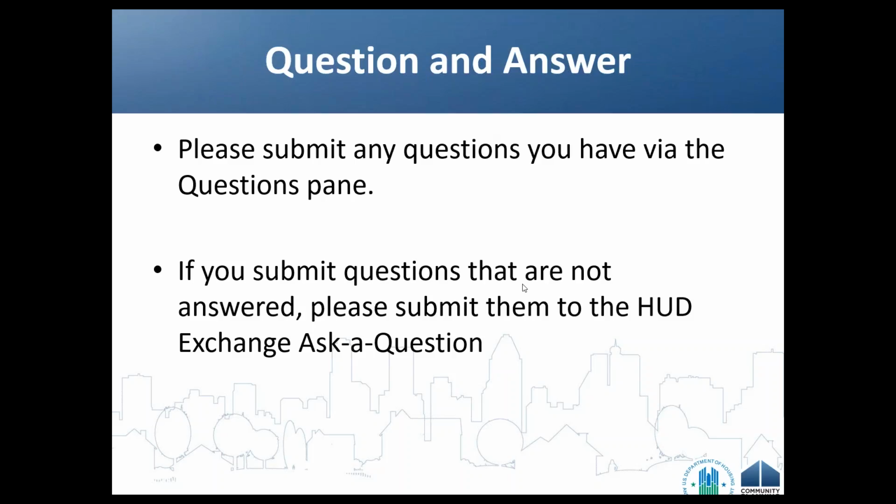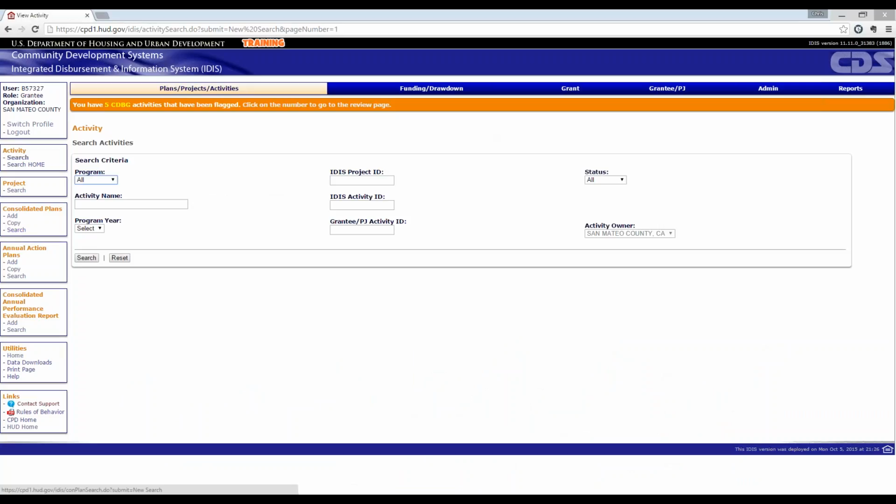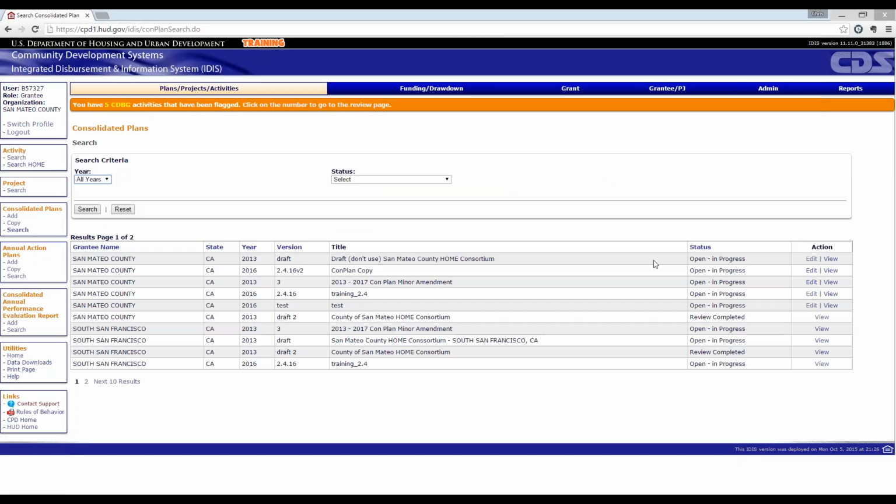So again, for any of those participating members, and I'll click back over to IDIS here, for any of those participating members that are also HUD entitlement grantees that are receiving CDBG, they will automatically have access to their own mini template. And they will also, as we see here under the search function, or as we saw earlier, we're still here in San Mateo County, be able to come in and edit and contribute to the lead grantee's template.